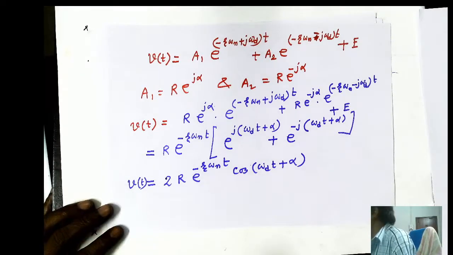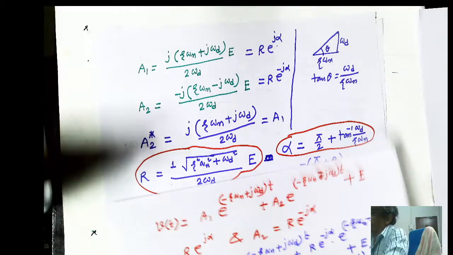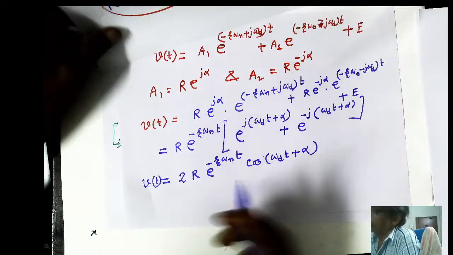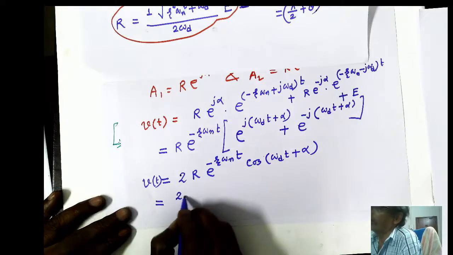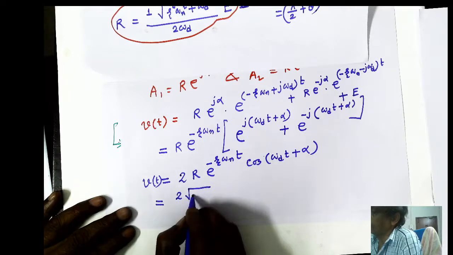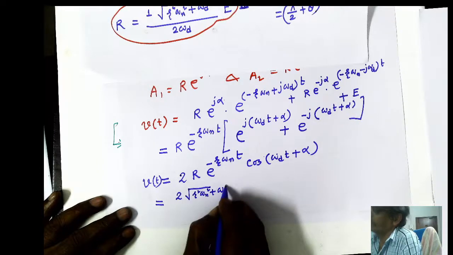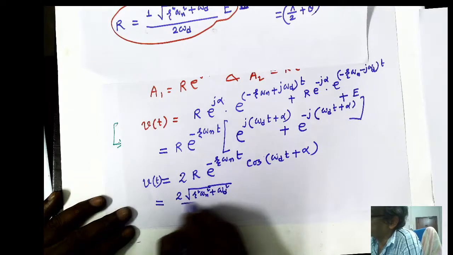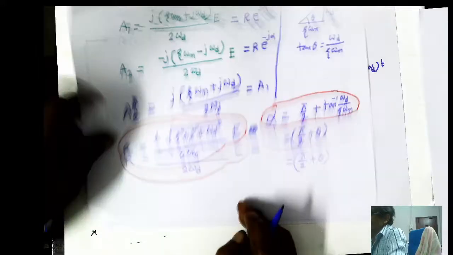Now, we should not forget what R is. R depends on circuit parameters, and the value of R, let me write here, that is equal to 2. After putting the value of R, it will be zeta square omega n square plus omega d square, you know, divided by 2 omega d. That is the value of R. Isn't it? This is the value of R